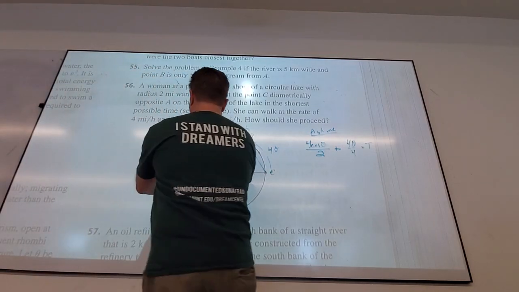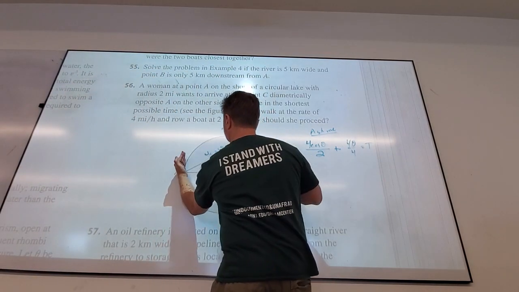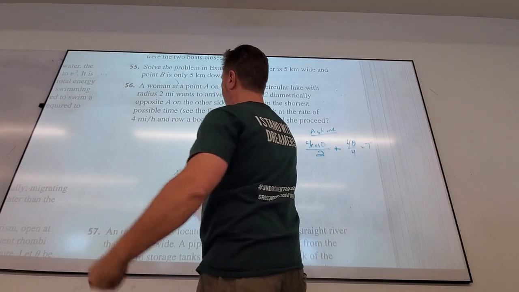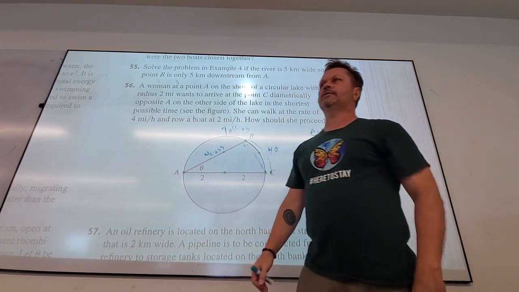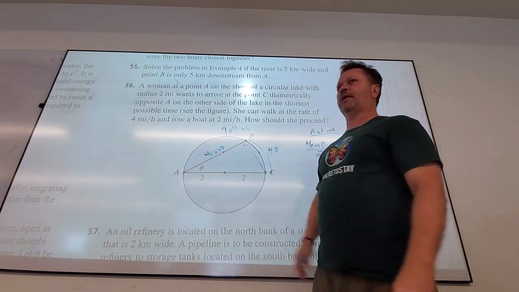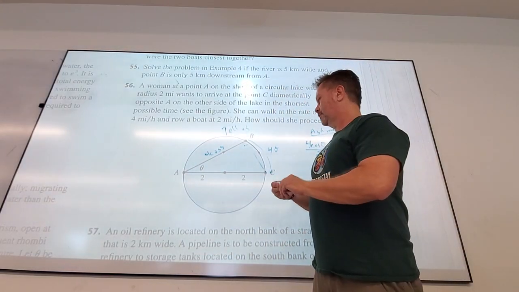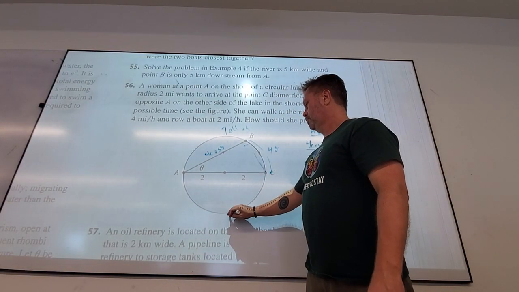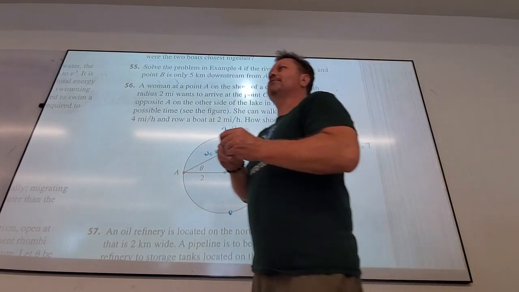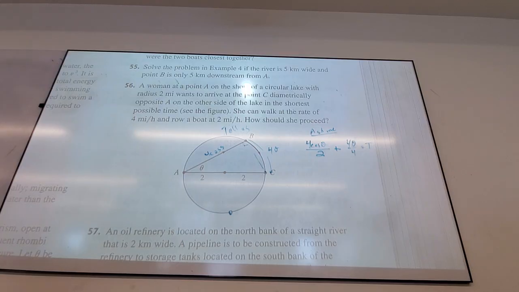So then theta goes from 0 to 90. 90 would be start going this way. So it turns out walking the entire way is the best. In which case she could then walk this way if she wanted to, then it doesn't matter. Unless, you know, there's something here, a monster. I'm hungry. Then you should go that way. But that wasn't part of the problem, I'm sorry. That would have changed our time.